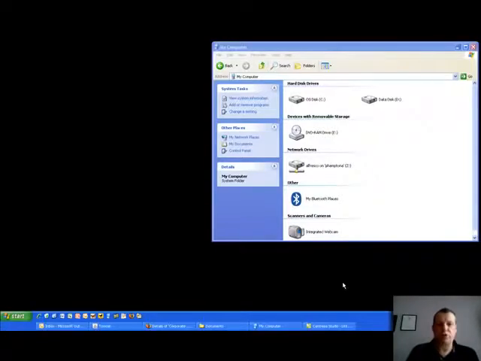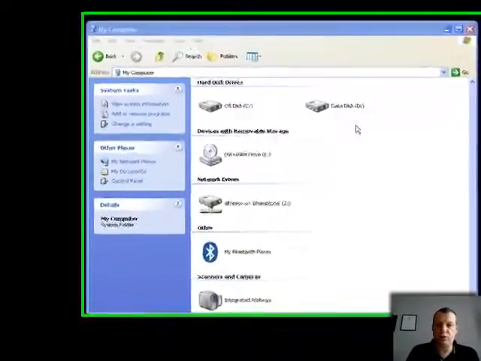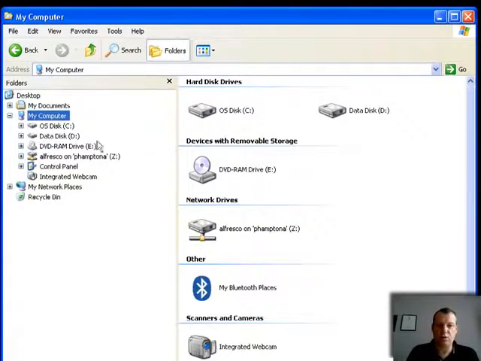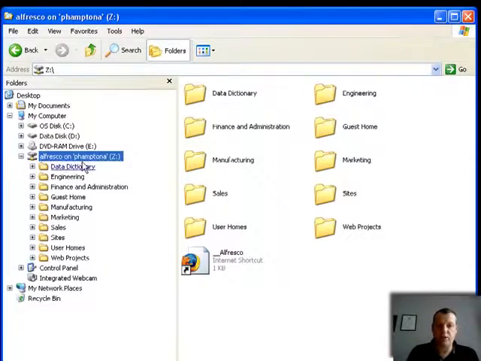So here we can see my computer screen. We can see my 2 local drives, and here we can see what appears to be a network drive. I'm just going to switch on the folders so we can follow this. So I can now click on the Alfresco, what looks like a network drive, but it's actually the repository, and